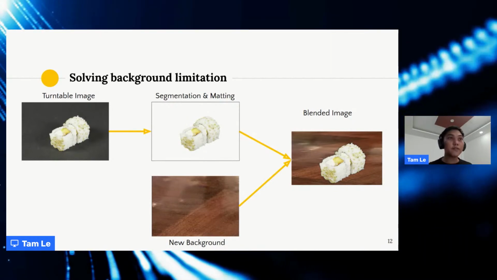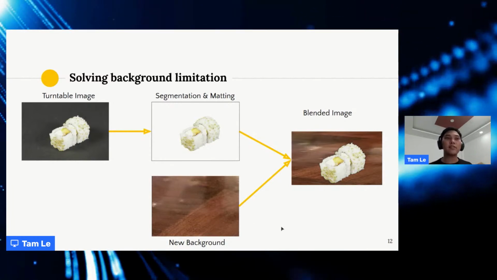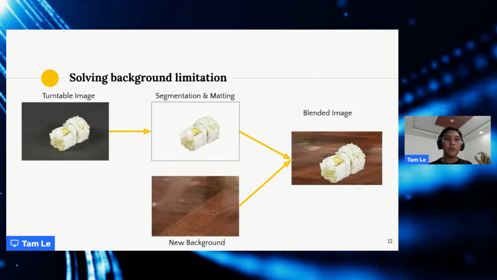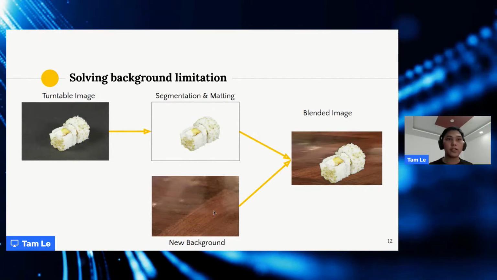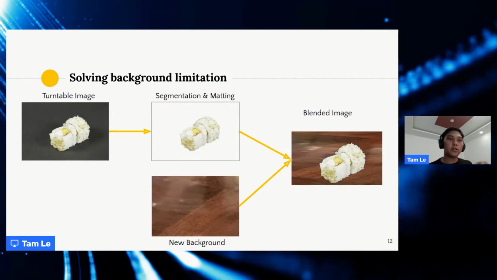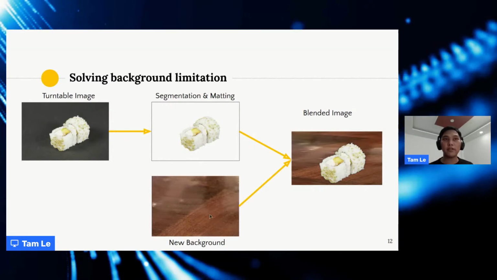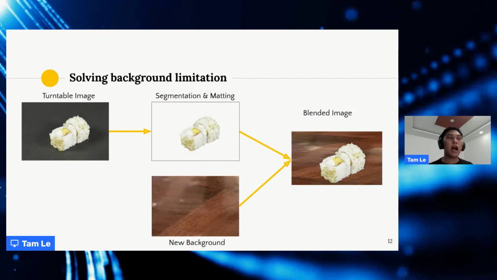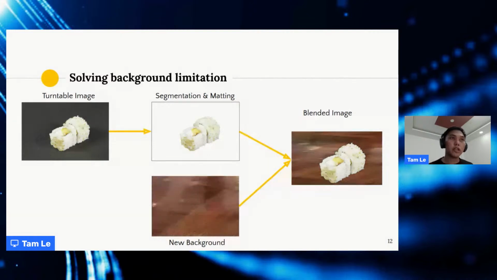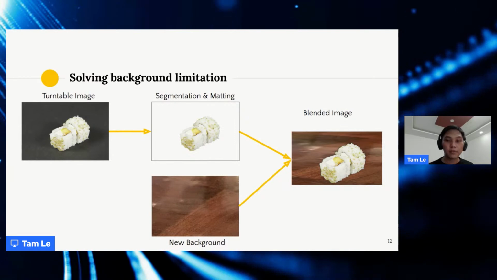So it's very easy to do, and for the background quality, we do not need to make it very high quality. You can record this kind of background image with a mobile phone or something. So this is the solution that we propose to solve the background limitation.